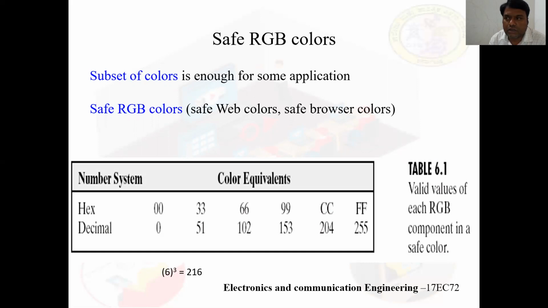Let us assume that there are 256 colors that can be reproduced by any system. Out of 256, 40 colors are processed differently by various operating systems. So 216 colors have become the de facto standard for safe colors, especially in internet applications. Each of these 216 colors is formed from RGB values, but each value can only be 0, 51, 102, 153, 204 or 255. So these RGB triplet values give us 216 possible colors.